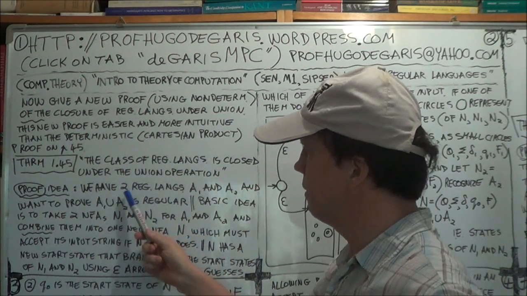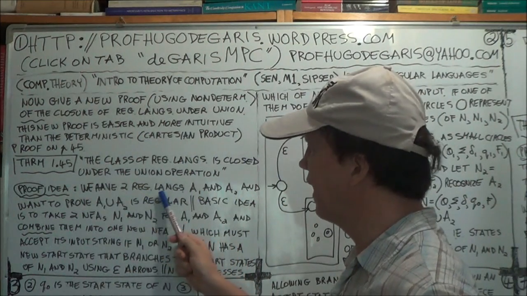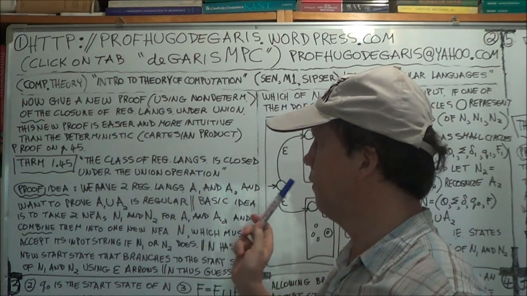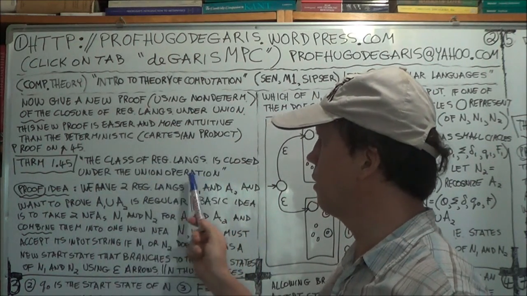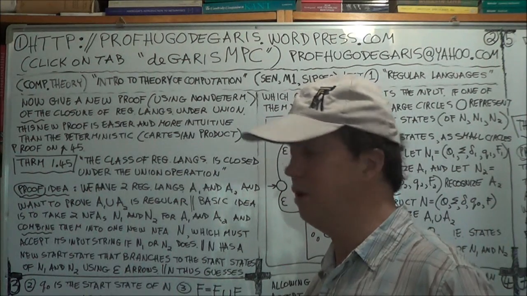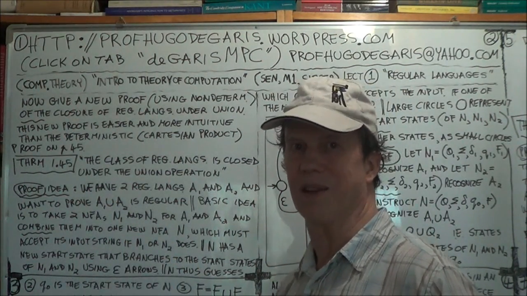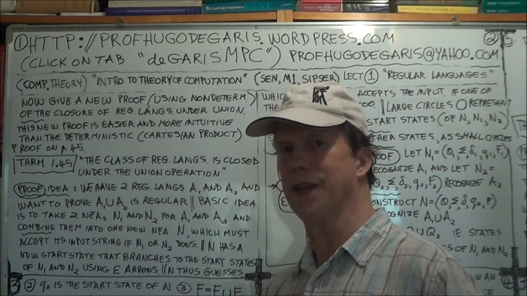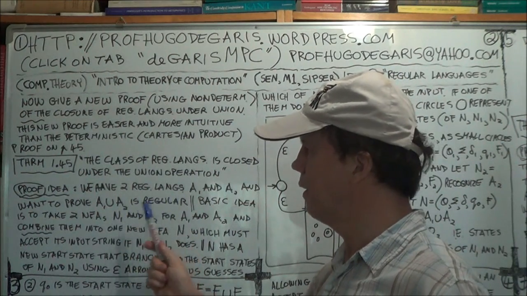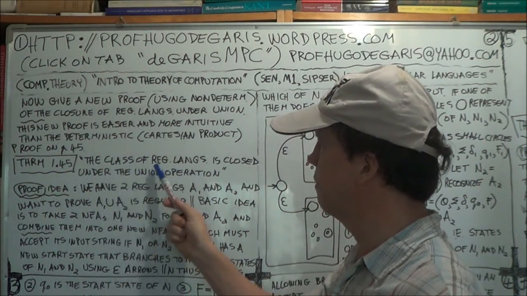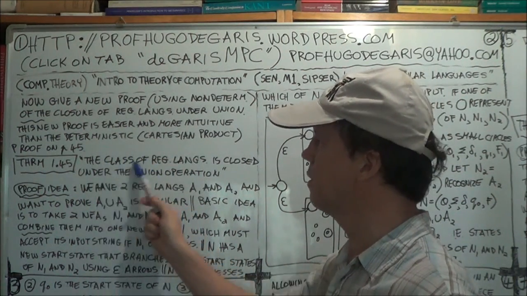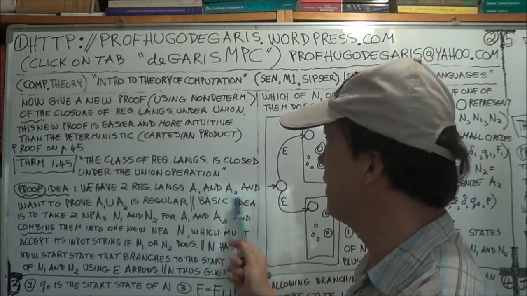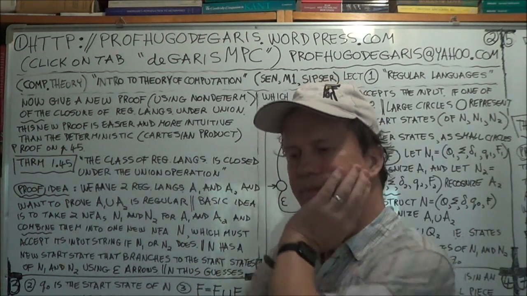So what's the proof idea? You have two regular languages, A1 and A2, and we have to prove that the union operation is closed. In other words, A1 union A2 is regular. The result of applying an operator to a set is also a member of the set. So if A1 union A2 is regular, then it belongs to this set. So why does he call it class? Okay, so what's the basic idea? Usually, noticing his pattern,